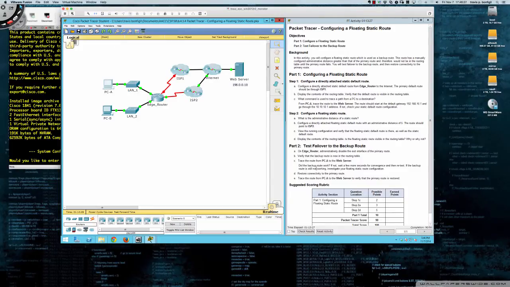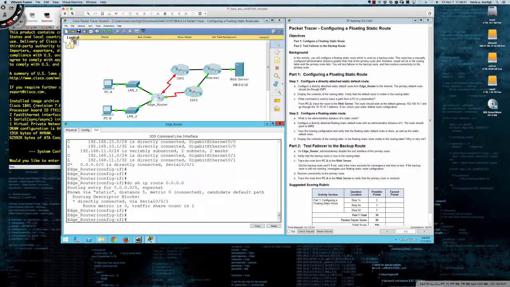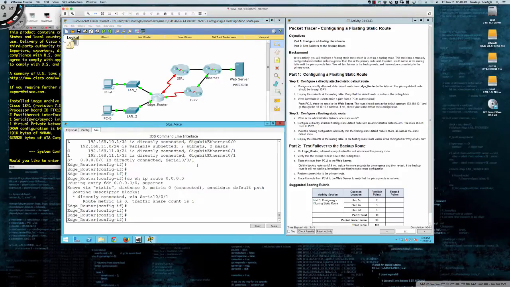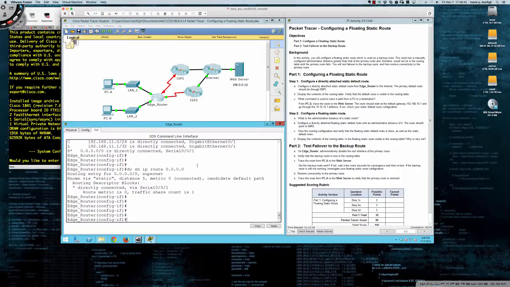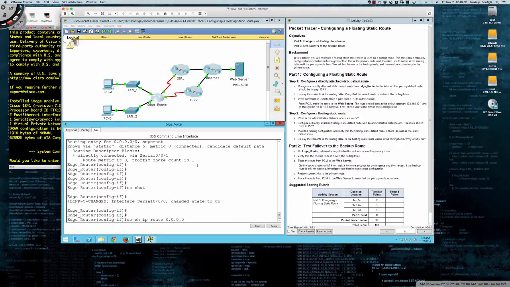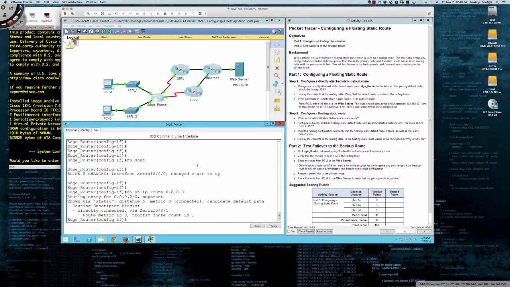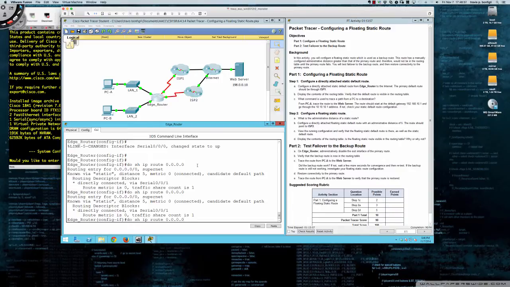All right, so did the backup route work? It certainly did. If not, wait a few more seconds for convergence and then retest. If the backup route's still not working, then chances are you've got a configuration issue. All right, so restore connectivity to the primary route. And so what that means is we're simply going to no shut the serial 0/0/0 interface. Now, if I quickly do a do show ip route, you can see that for at least a few